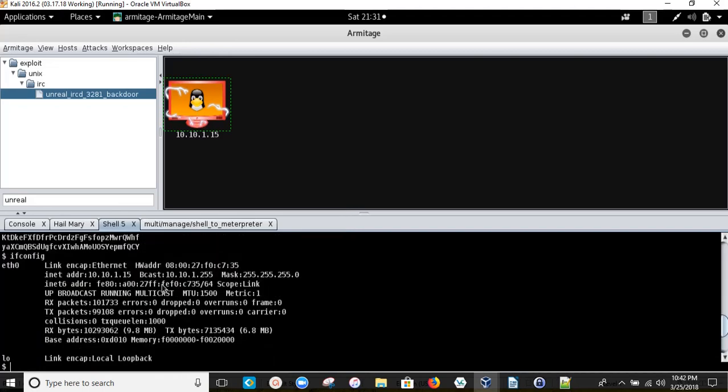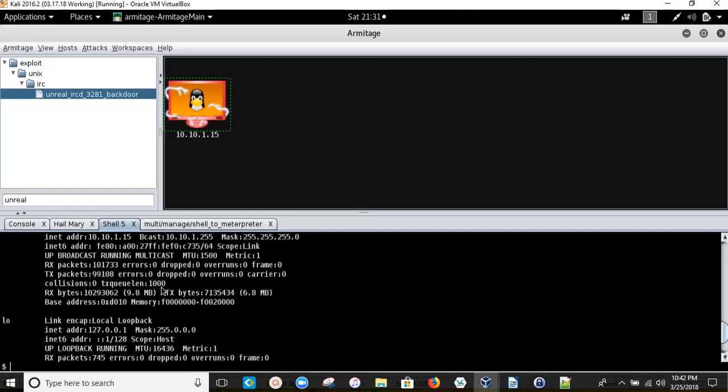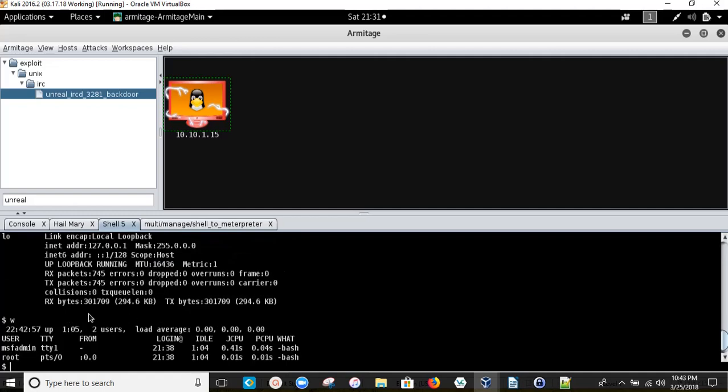This is ifconfig. If you'd like to create a file, read the service, see who's logged in, look into connections, things like that. But this may not be as helpful as potentially logging in a keylogger, uploading files and stuff like this. In order to do that, we can upgrade our session from shell